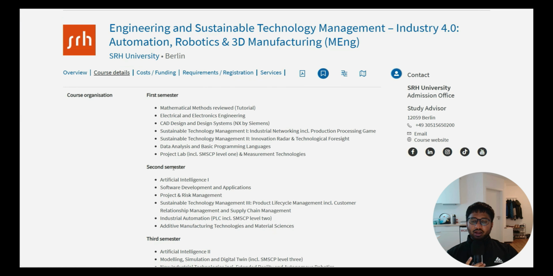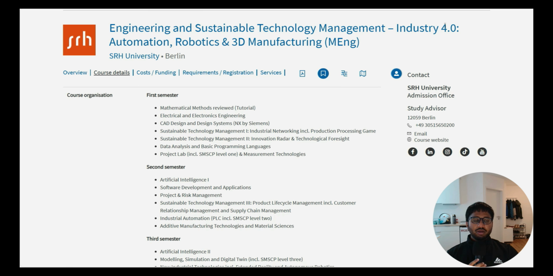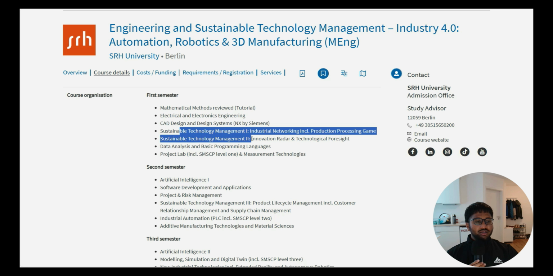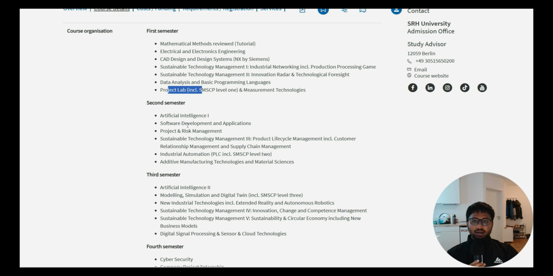Course details. And here you can just see the exact courses that you will be doing in each semester. Because it is focusing on Industry 4.0, in first semester you will be doing mathematical methods, electrical engineering and CAD design technology, sustainable technology management 1, sustainable technology management 2, then data analytics, basic programming languages, project labs. After that, in second semester, you will do artificial intelligence, software development applications, project and risk management, sustainable technology management 3,